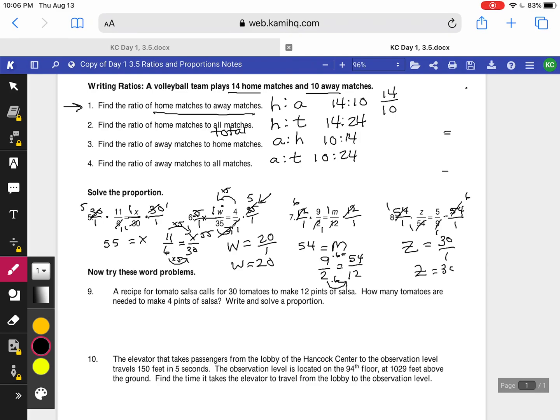So Z equals 30. Of course, you're always checking to make sure, does that make sense? 30 is to 54 as 5 is to 9. 54 divided by 6 is 9. 30 divided by 6 is 5. So I know that my answer is correct. So we've gone